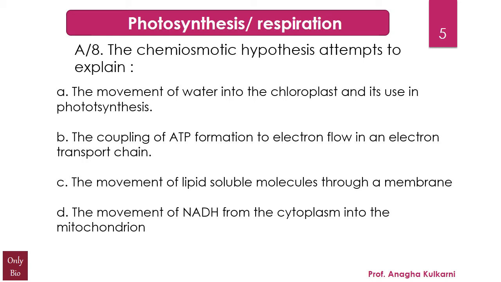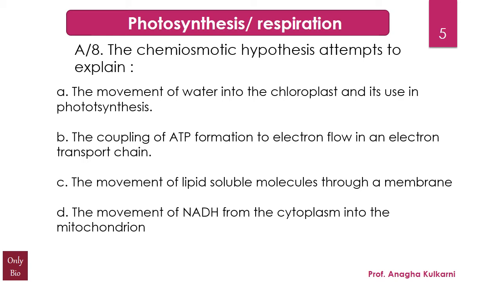So according to this hypothesis, protons are pumped across the inner mitochondrial membrane as electrons go through the electron transfer chain. So this results in a proton gradient with a lower pH in the intermembranous space and an elevated, that is higher pH in the matrix of the mitochondrion. Please remember, the inner mitochondrial membrane is impermeable to protons, यानी वो protons को अपने पास रखेगा नहीं. Okay, so this helps the formation of ATP.